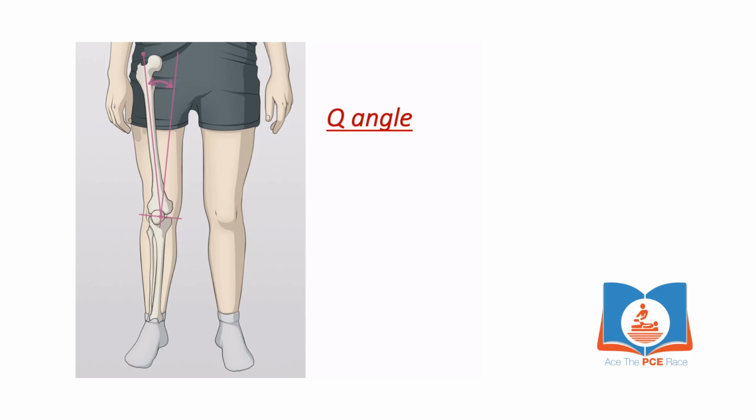Let's quickly talk about a few scenarios where we can find any increase or decrease in the Q angle. Let's start with a very simple one first. In the previous video, I talked about anteversion. Now you remember that in anteversion, the whole femur turns medially, or it rotates or torsions medially. If this huge bone, the femur, is torsioned towards the inside of the thigh, it will definitely carry the small little